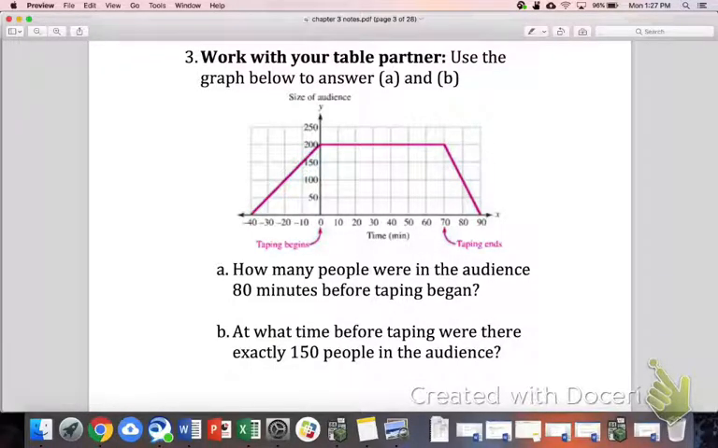I don't know if that's a typo. Thanks for pointing that out. Let's make this a little bit more interesting. Let's make a little change. I don't know why this would be in there the way that it is. Instead of 80 minutes before taping began for A, let's make it 20. That'll make it a little bit more interesting. So how many people were in the audience 20 minutes before taping began, and then